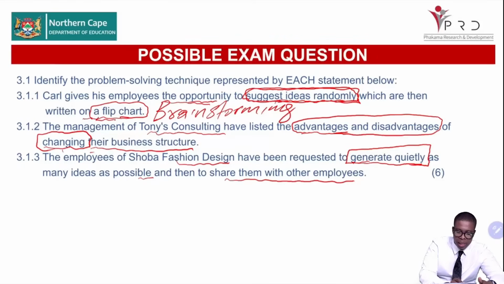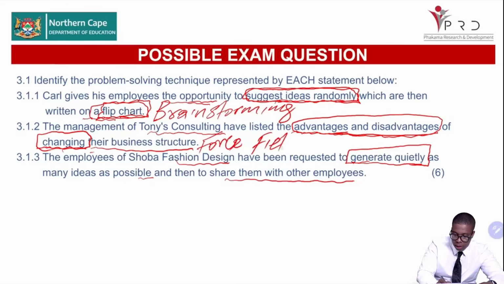Another tip would be, this is the only problem-solving technique that will talk about ideas being written on a flip chart. And then another one is the issue of advantages and disadvantages, and the issue of changing only tells you that the problem-solving technique here is